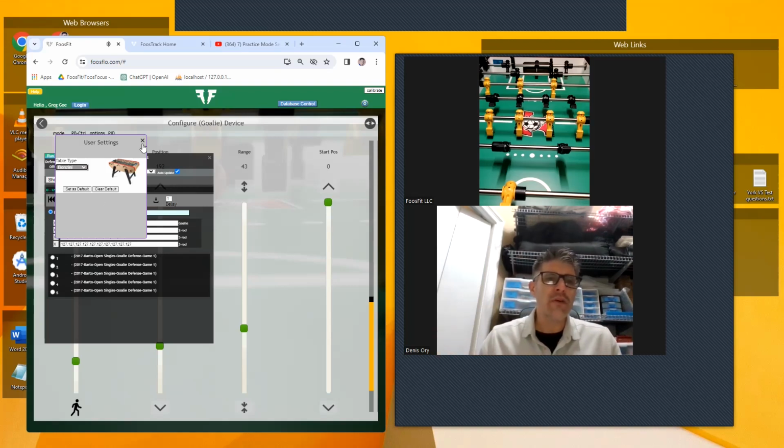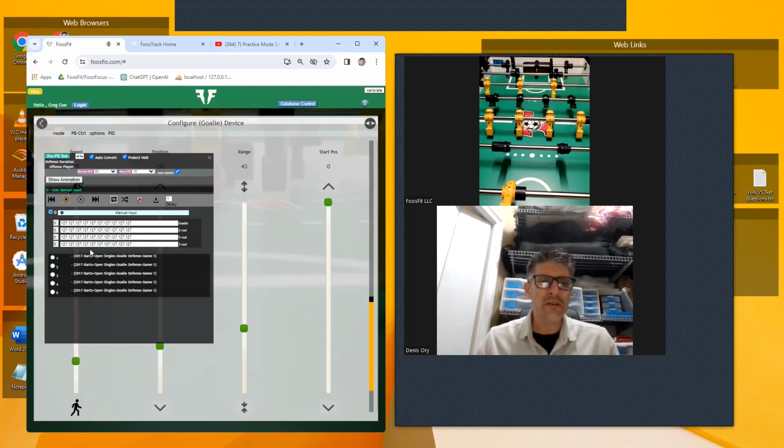Okay. Now, I don't want to get into a lot of detail, but I thought I was going to do this at the very first, but I realized later that it's impossible for me to create defenses for every single table, right? So what we decided was we would create everything as Tornado defenses, right? Videos that come from Tornado. Now, it doesn't mean you can't do Bonzini or Leonhardt or whatever, but we create everything as a Tornado defense,